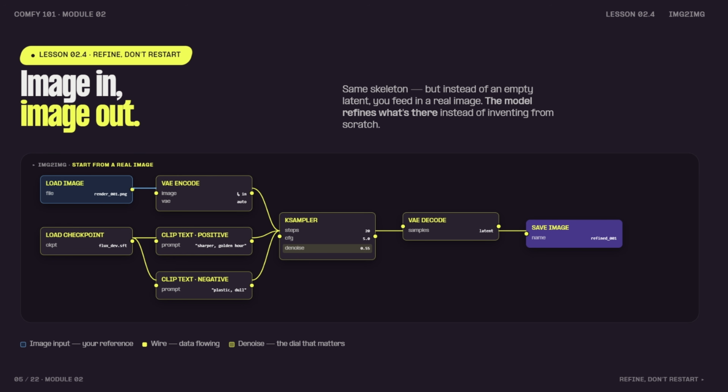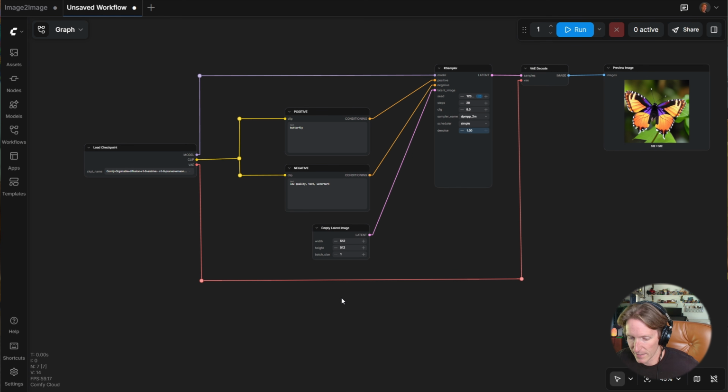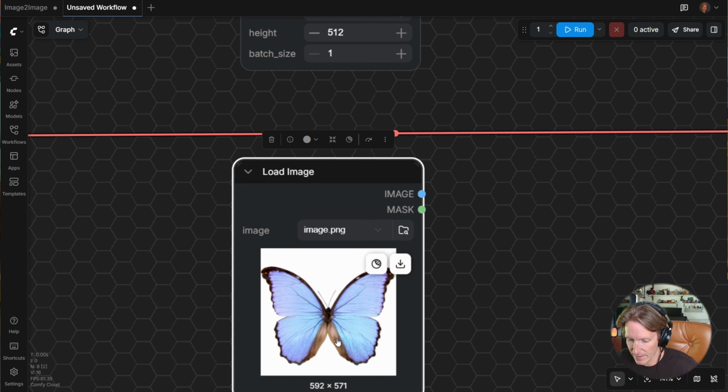Now let's talk about an image to image workflow. And spoiler alert, it's very similar. It's not that different. The only difference is that instead of giving it a blank empty latent image, a blank canvas, we're going to give it essentially an underpainting, something to guide the final image generation. So since we're in the world of butterflies, let's go ahead and copy paste this in here, and we've got